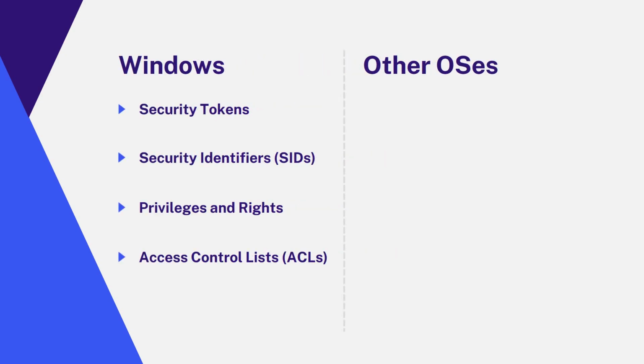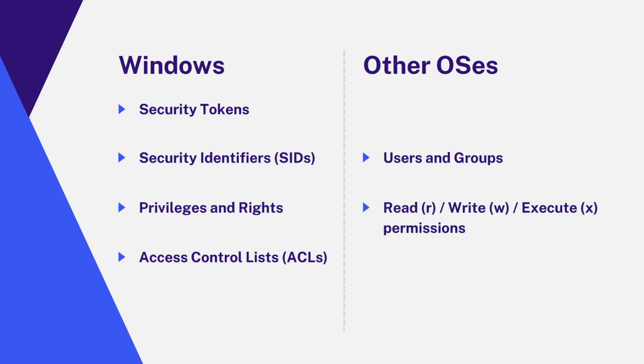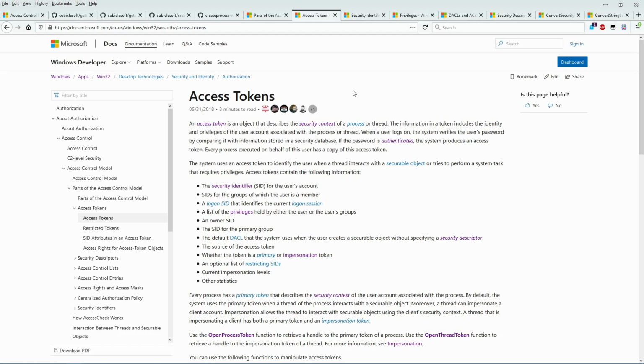For comparison, security in most other OSs can be broken down into three major categories: users, groups, and read, write, execute access permissions. The simpler and easier to understand security structures of other OSs naturally keep those OSs more secure from security breaches. The superstructure of security in Windows is the security token, usually just referred to as an access token or token.